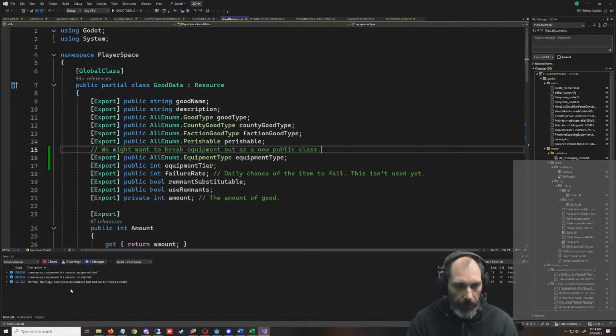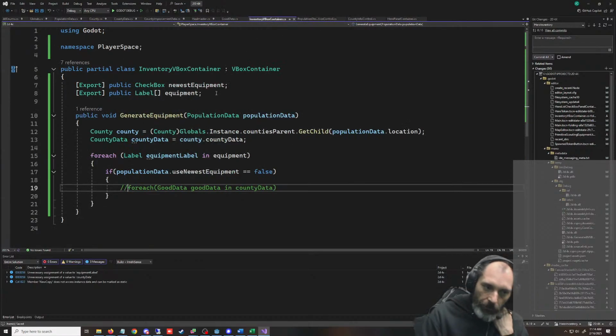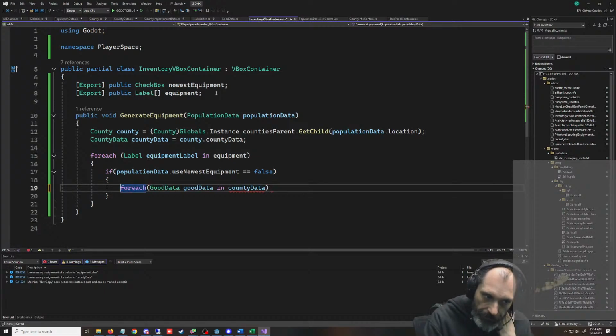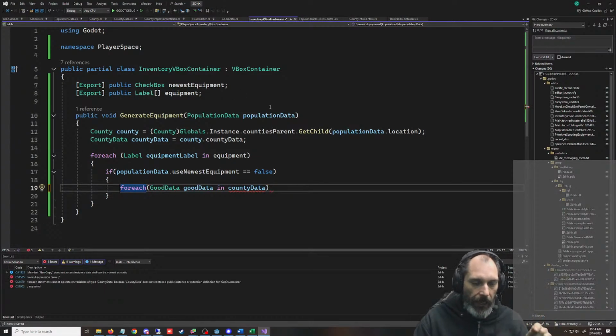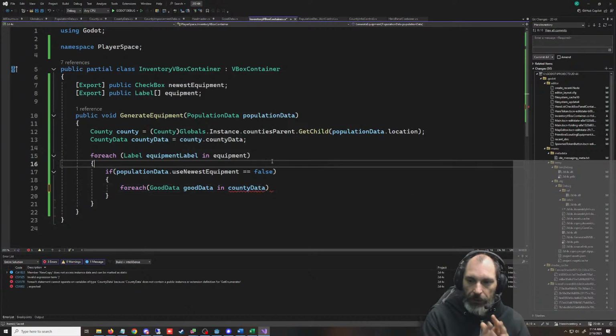I was looking at these things again. So back to this. This shouldn't be that hard, even though I'm kind of grinding in a circle here. So for each good data, I guess the easiest way to do this is we would create a list of each equipment type from that. That's why I was saying maybe we just create an equipment list that is just constantly updated.